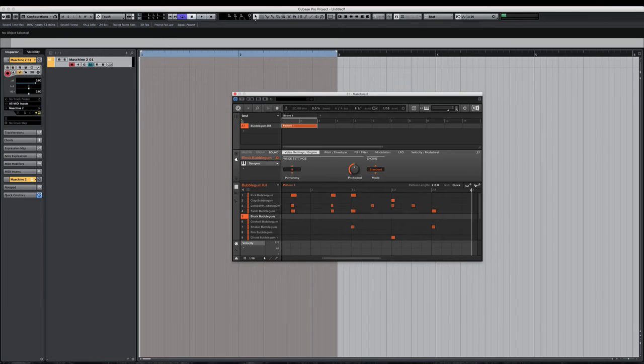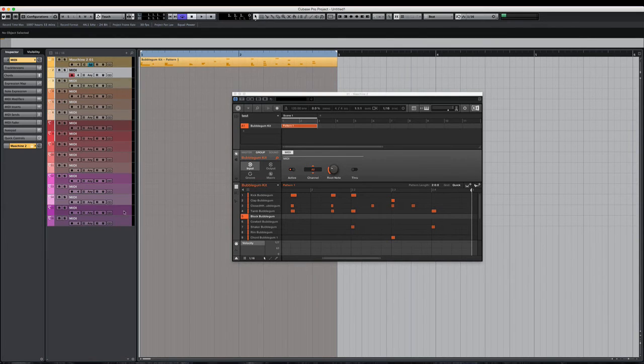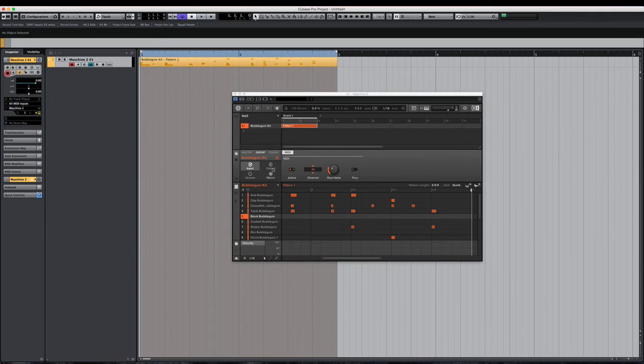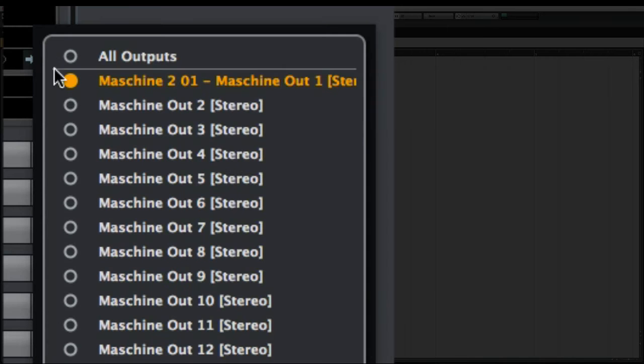And then change the routing. So when we drag in the MIDI file, what's interesting is Cubase creates all of these extraneous MIDI files. I'm not sure why, but we can quickly remove those. And change the pattern. So now we have the beat again as a MIDI file, and we can route the individual sounds to their respective outputs. So we can activate outputs here,